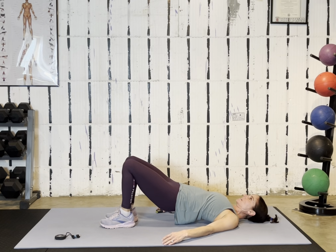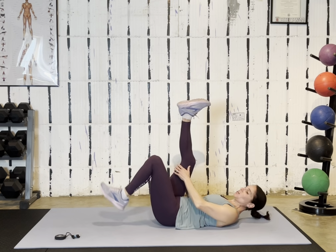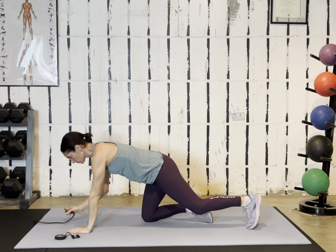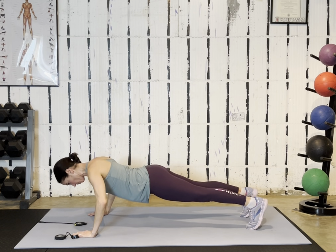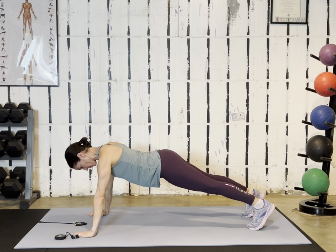3 more seconds. Let's kick 1 more on each side so we're even. Come on down, get ready to do it all again. Those push-ups, I might modify pretty early on. We'll see how I feel. Take a nice deep breath and high plank. You can make your feet wider as well. That helps. About 5 seconds, and then you're back